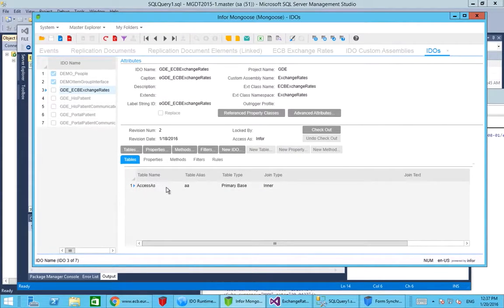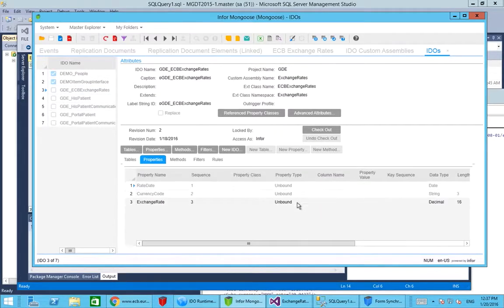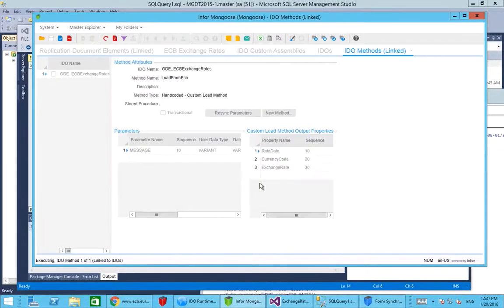mapped to, but all we've done is pick the first table off the list because all of the properties themselves are unbound. They're not bound to columns, they don't exist anywhere in our SQL database, and they're certainly not persisted anywhere. What we've got instead is that when we read these table records, we go out to a custom load method, and this type is hand coded. You can also have stored procedures which return result sets, but here we've got a hand coded custom load method